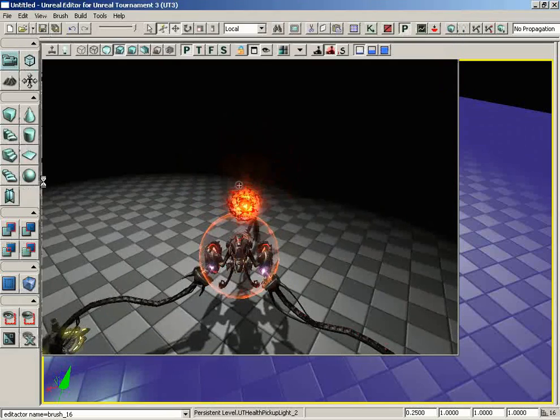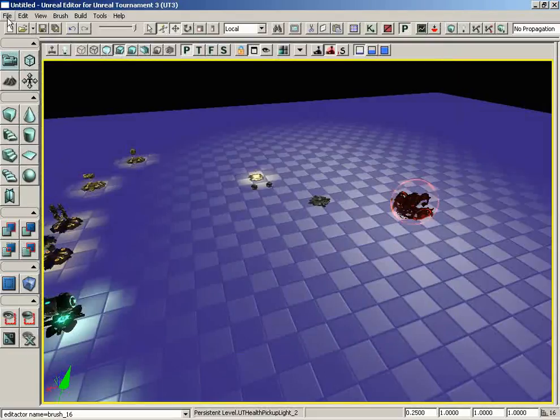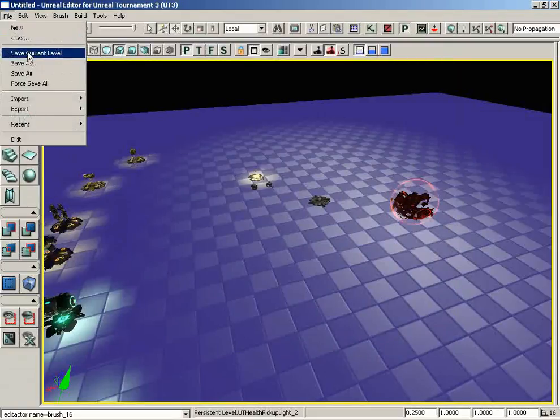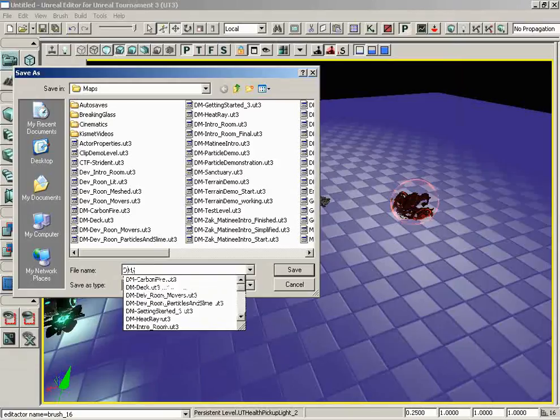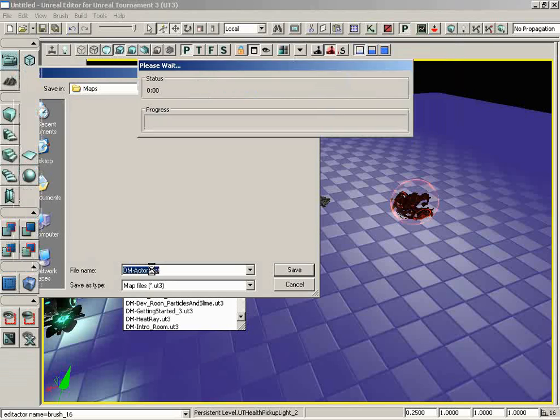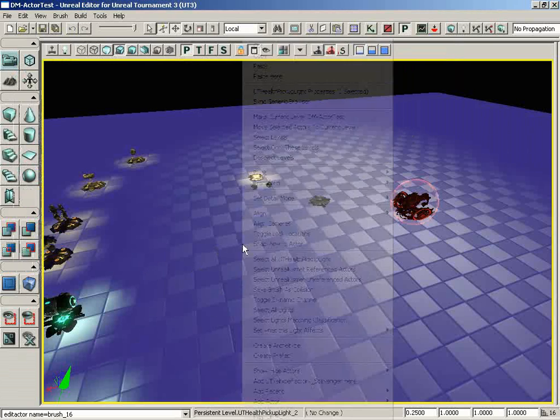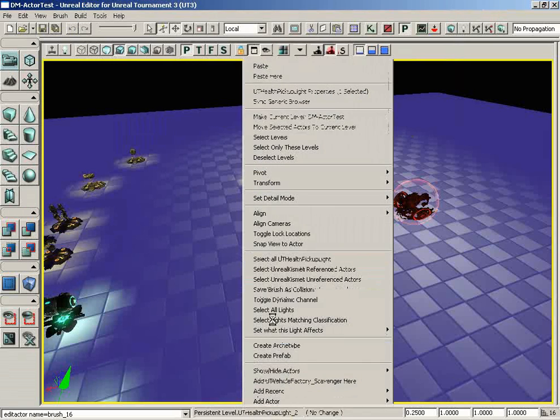So let's go ahead and hit Escape, and what I'm going to do is save this level. We'll go to File, and we'll choose Save Current Level. And whatever you save it as, in this particular case, start with DM-. And that's going to add the deathmatch into this so that when we actually play this in the editor, it will fire up UT, and we'll be playing this like a deathmatch map. So we'll call this Actor Test. And now it's saved. So now if I right-click on the floor and choose Play from here, we get a quick